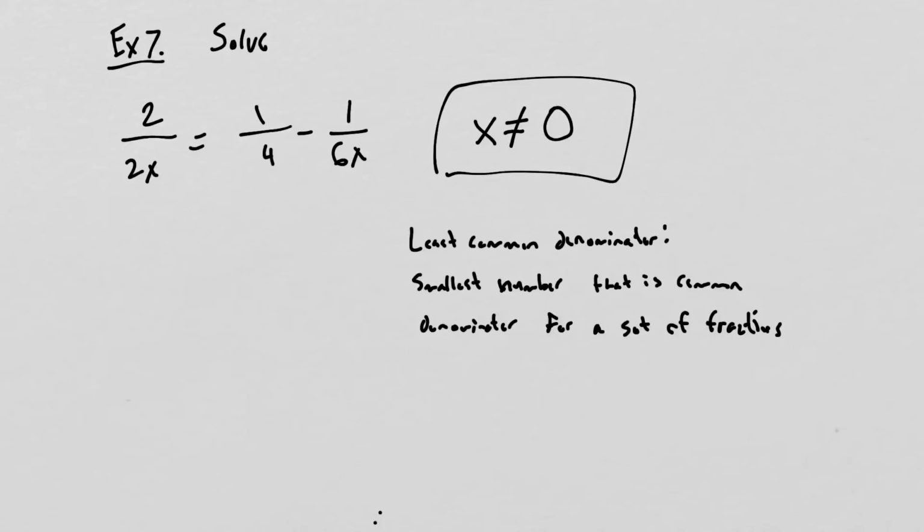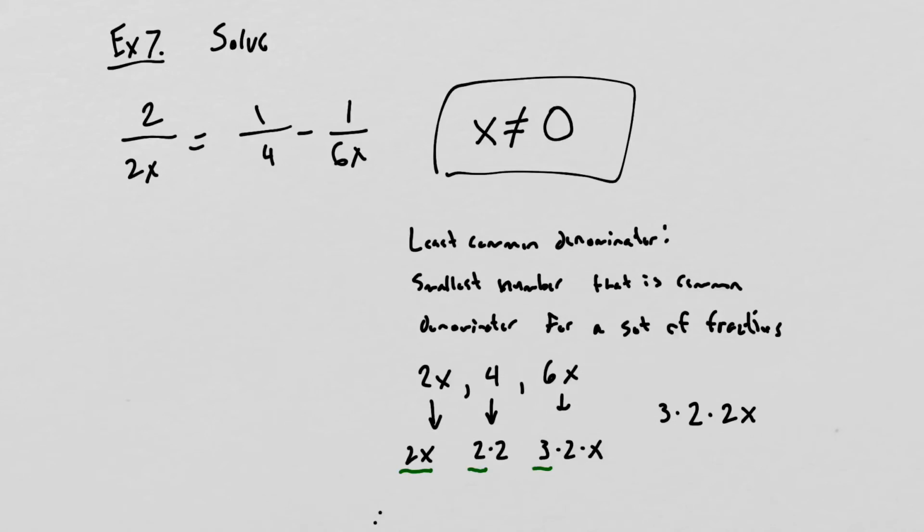So for example, here we have a 2x for a denominator, we have a 4 for a denominator, and we have a 6x for a denominator. This is saying that we need a 2x, this is saying we need two 2's, and this is saying we need a 3, a 2, and an x. So take all the unique parts of each of these. Here we need a 2 and we need an x. Here we need two 2's, so we'll add in a 2 to the last set. And since we already have in our green set a 2x, we just need a 3. So the least common denominator that we'll have here is a 3 times a 2 times a 2x,